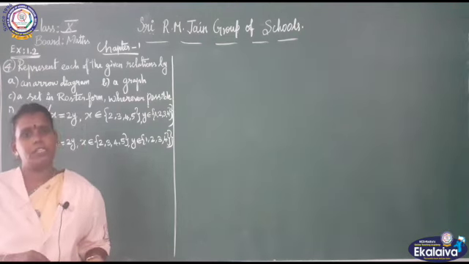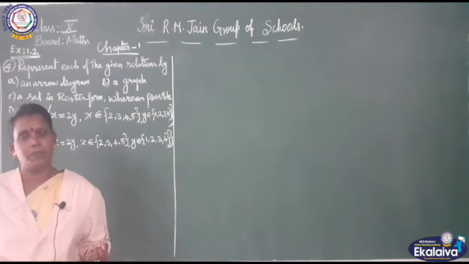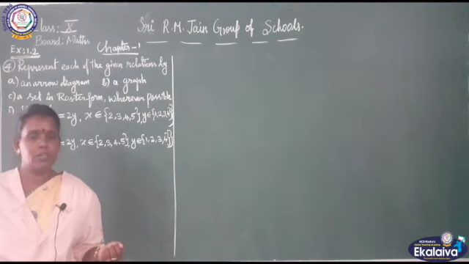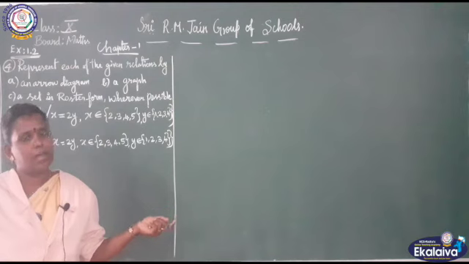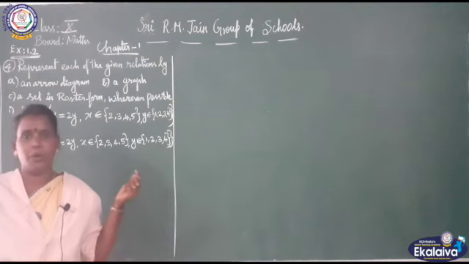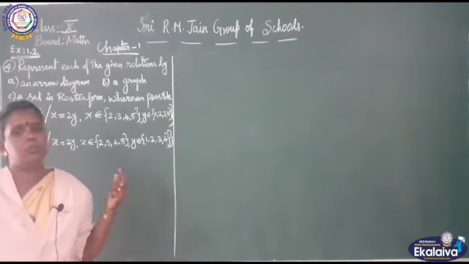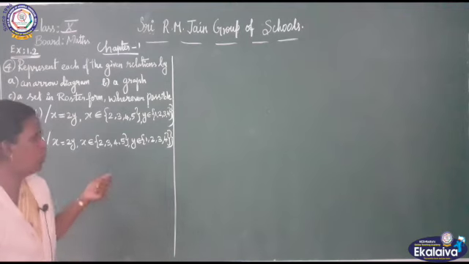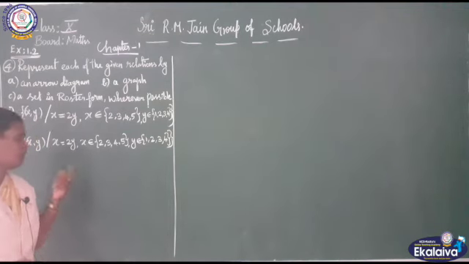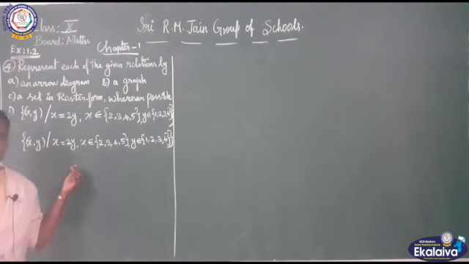Algebraically means it can be expressed in the form of roster form. By roster form we can algebraically express that relation, whereas in visual form we can use the arrow diagram to show it. So, both visual and algebraic expression I am going to express in this fourth sum. They gave a set relation in the form of set builder form.